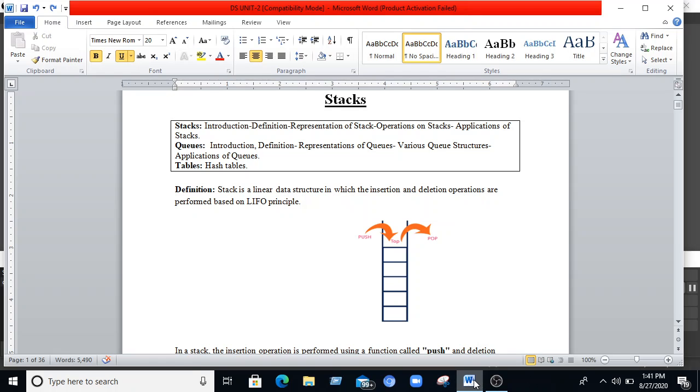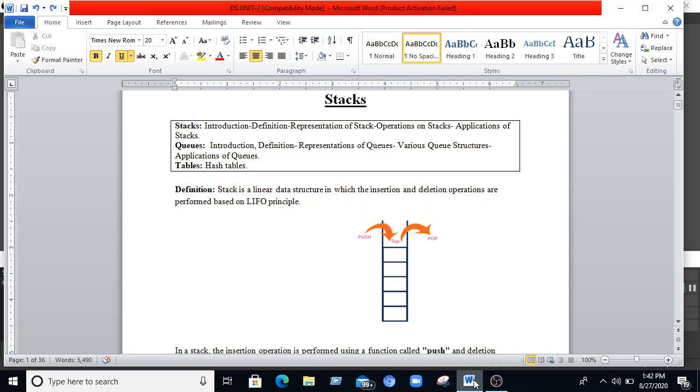This is Harika. Today in this video we will discuss exclusively the stack data structure. Here the representation of the stack and the implementation of the stack can be learned, whatever operations we do on the stack, and also the applications of the stack can be learned in this video. Let's get started with our actual content.